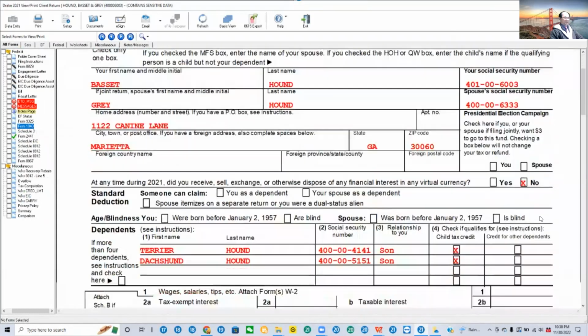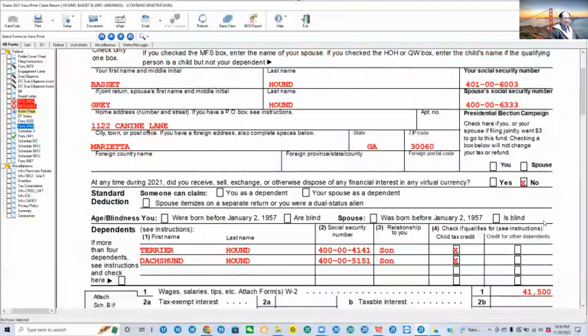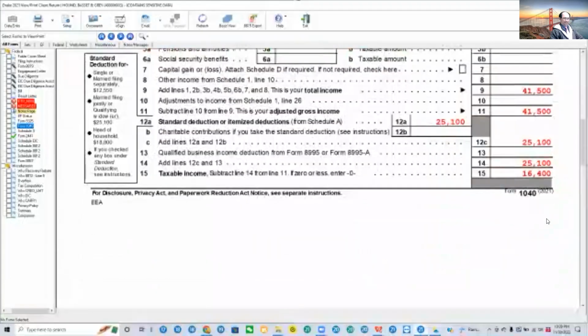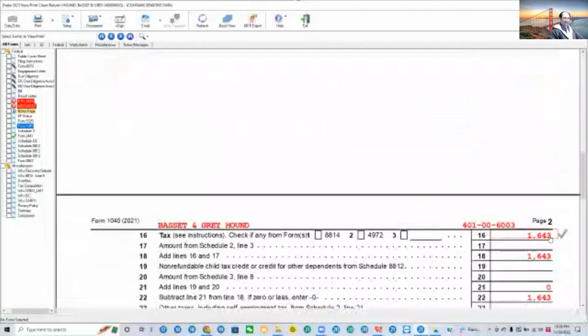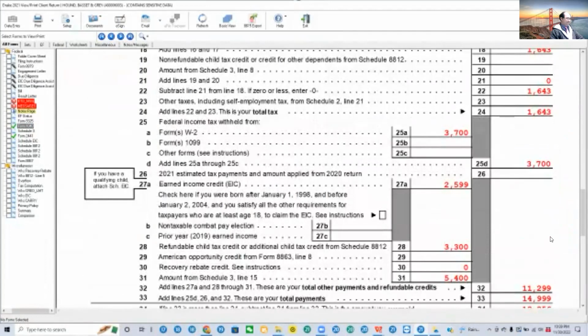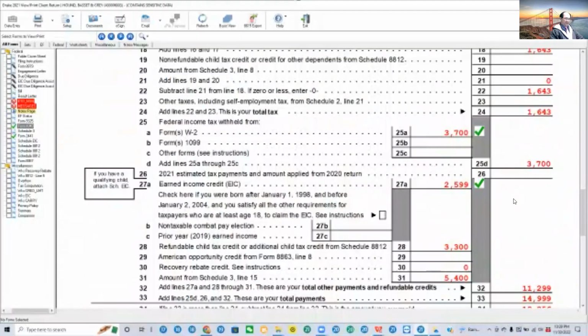The tax return, we do it. Page 1 is the same. Up to here is the same. Now, earned income credit is right. Here's the withholding. So what you have in here,